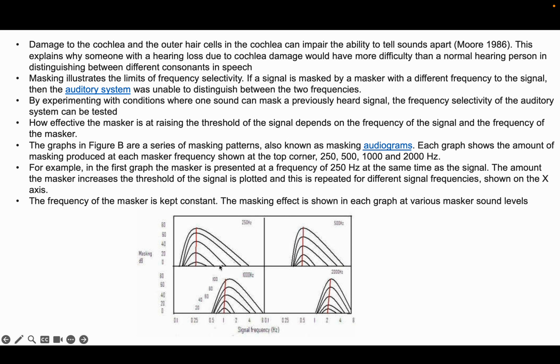Also notice that it is easier to mask a signal with a frequency that is higher than the center bandwidth of the masking frequency than it is to mask one that is lower. So in other words, if you're masking at a kilohertz, that's not going to do a great job of changing the signal threshold or masking sounds at lower frequencies. On the other hand, because of this kind of extended tail, a masker centered at 250 hertz is doing a fairly decent job of providing some masking at the higher frequencies. So the effect is a little bit asymmetric, more dramatically so at lower frequencies.